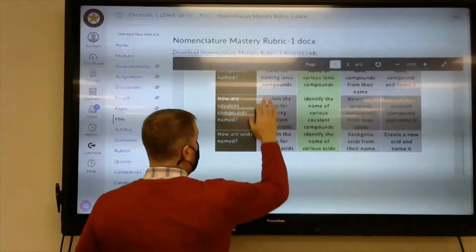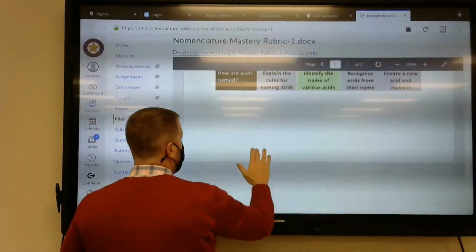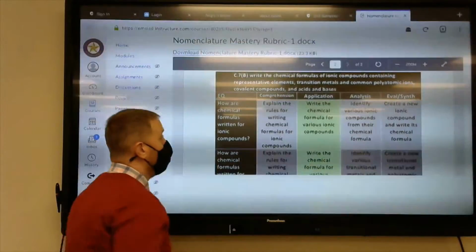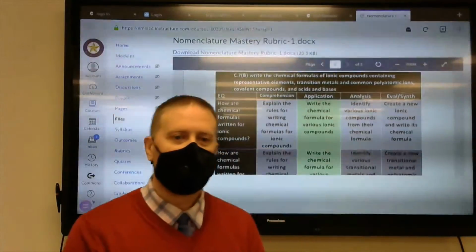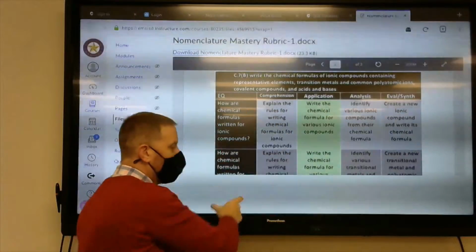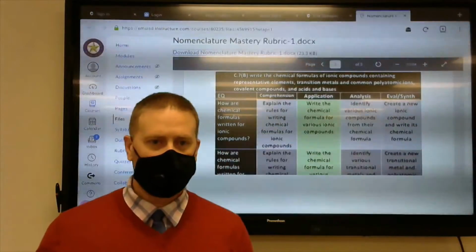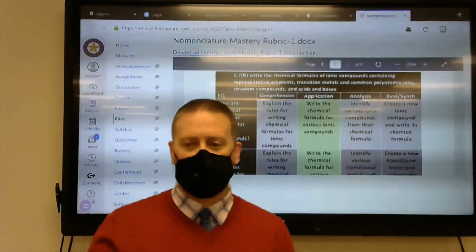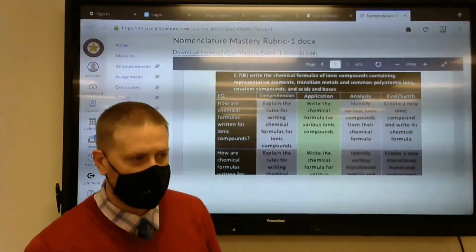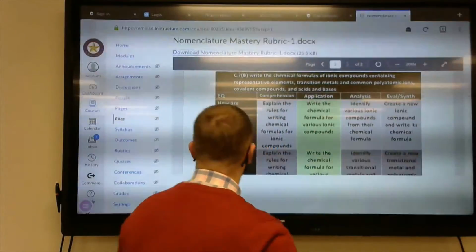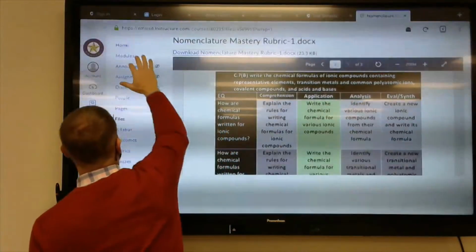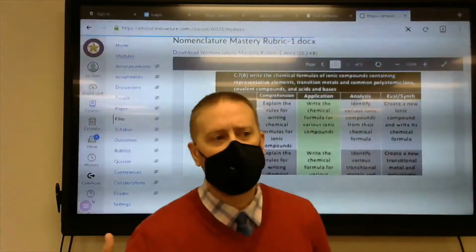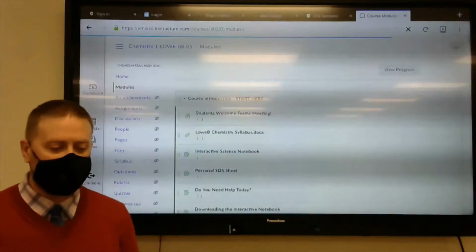Now, we see for the second one, writing chemical formulas, the same thing. We have our central questions, which are very basic. And then we have application level as our target level. Now, once we get to the review day before the test,